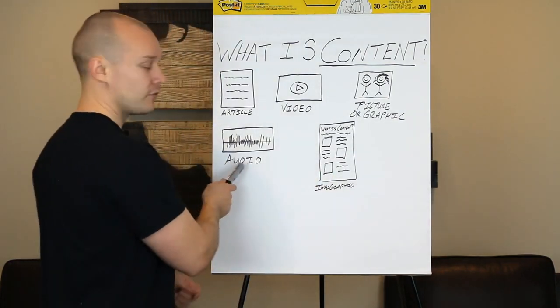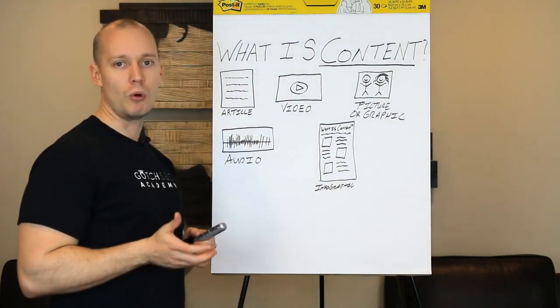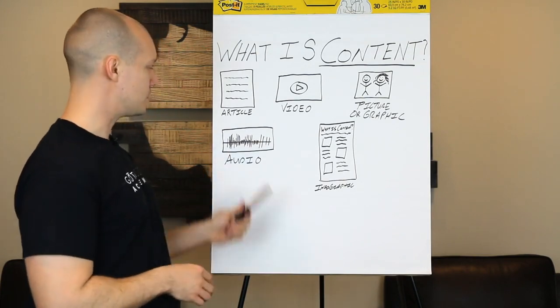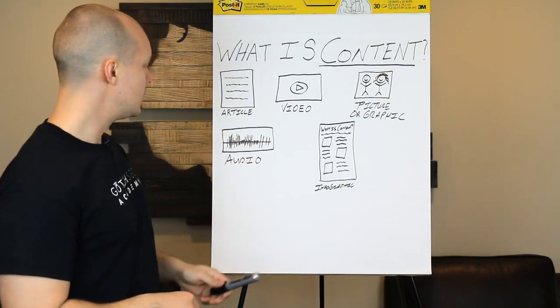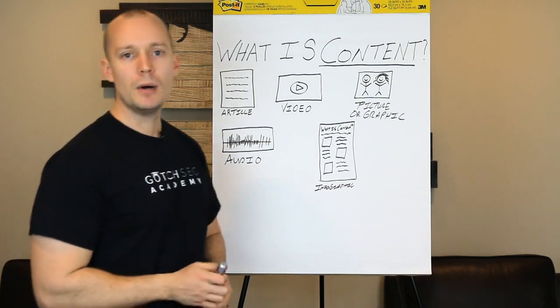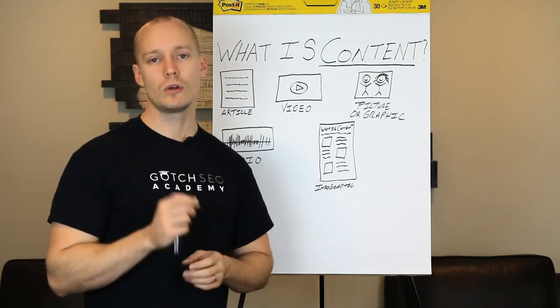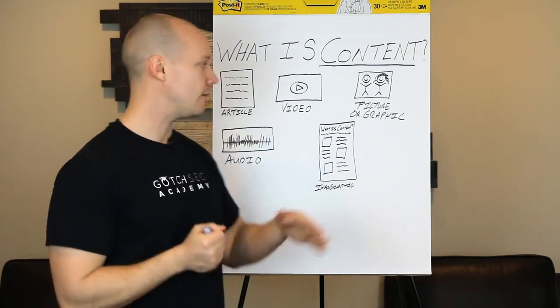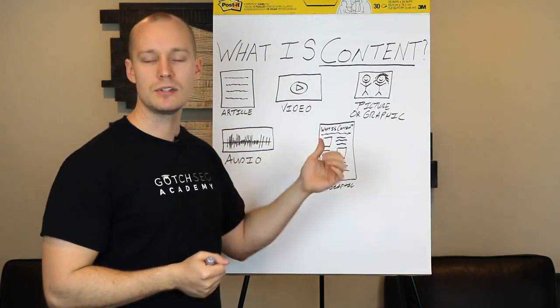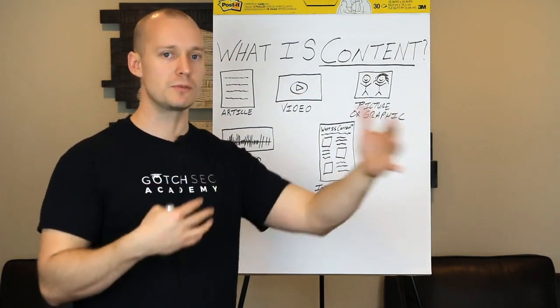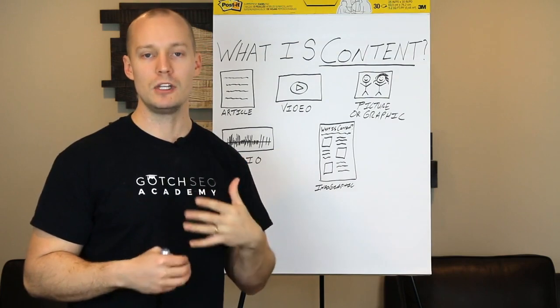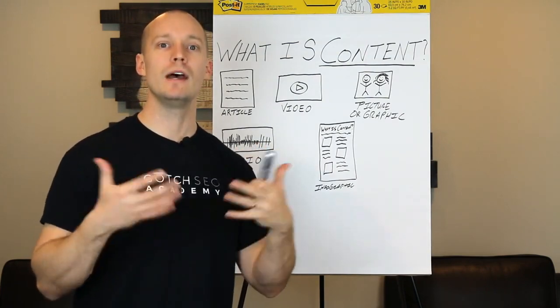The fourth type of content, which is becoming very, very important, is audio-based content. This is my attempt at sound waves. Not the best, but audio is so incredibly important as well because if you can have video in your content, you can easily have audio as well because all you have to do is pull that audio out of the video and put it into an audio file and have that on your content.